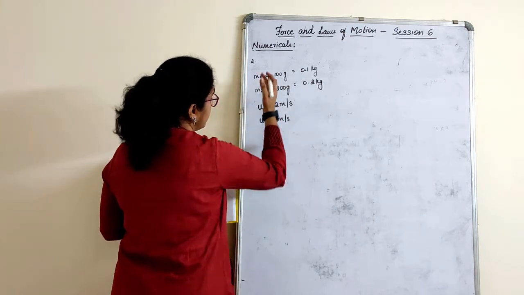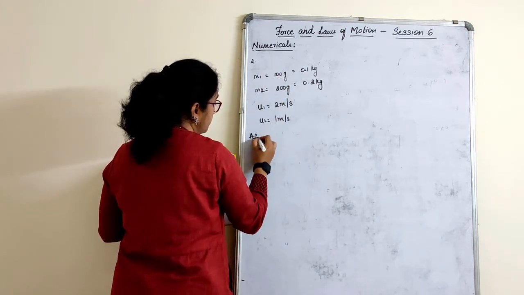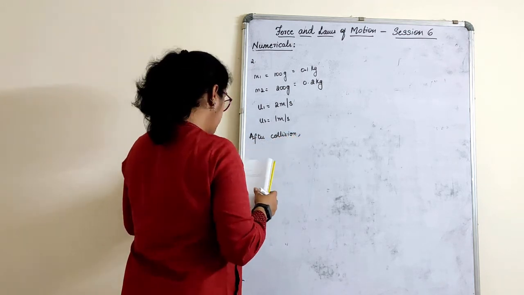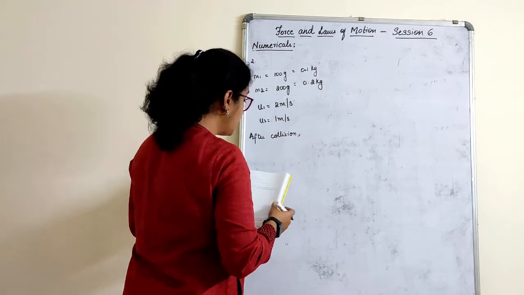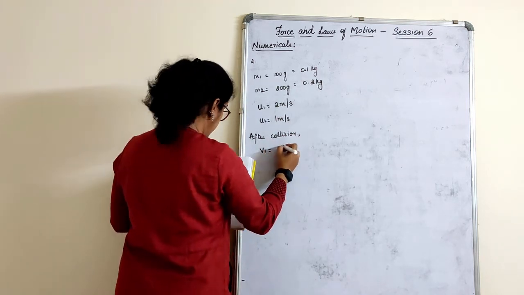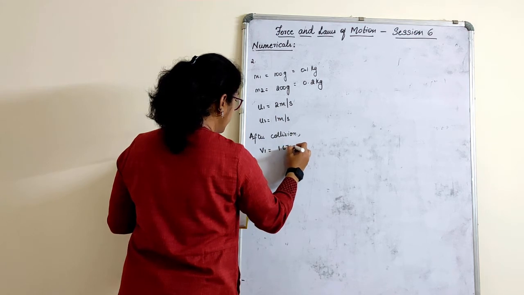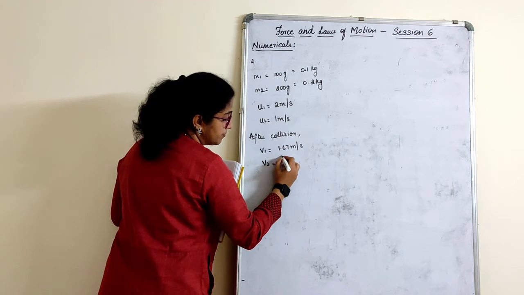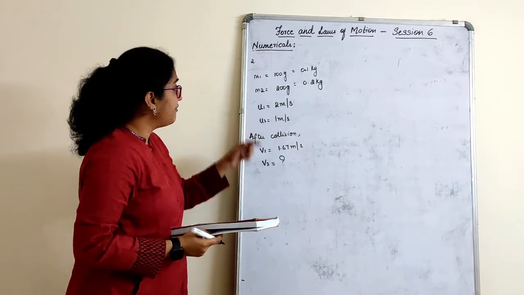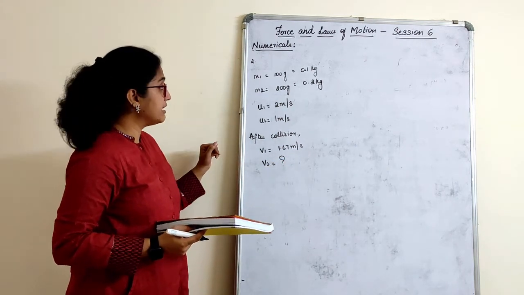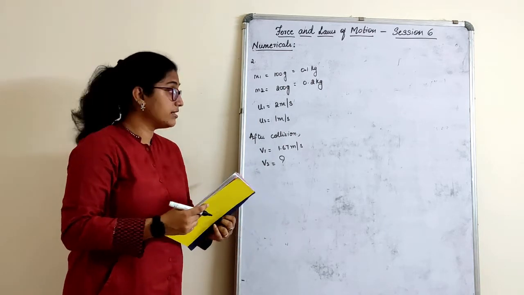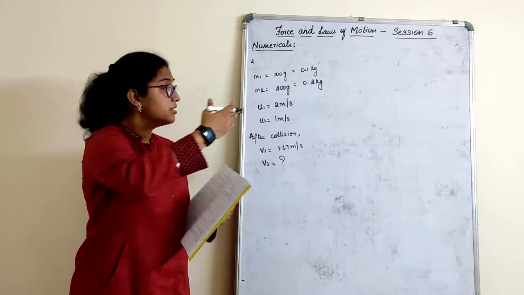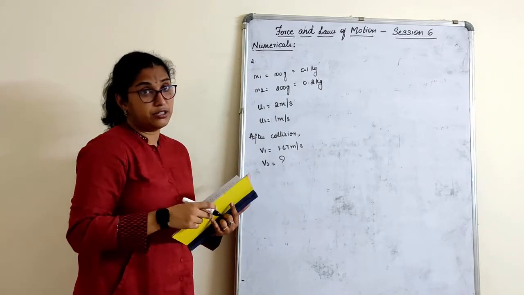So this part was okay. After collision, the object moves with a velocity v1 is equal to 1.67 meters per second. Determine the velocity of the second object. Question mark. I think everything is given here, children, right? I have written it neatly. See, that is why I am solving these sums. Anyways, the numericals are in the book. Here I have written V1, V2. Consider this what I actually write on the board.